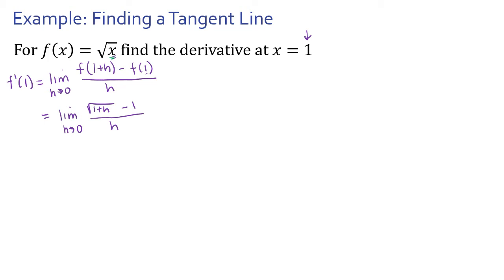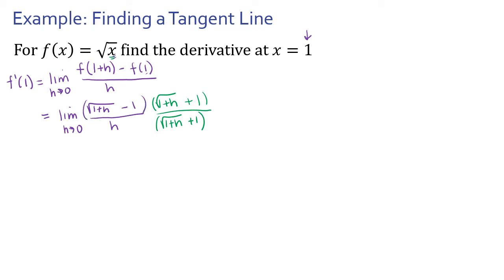So let's do that and see if that'll help us out. I'm going to multiply both the numerator and the denominator by that conjugate, which is going to be the square root of 1 plus h plus 1. And again, I've got to keep this equation balanced, so I do the same thing to the denominator. So when I do that,